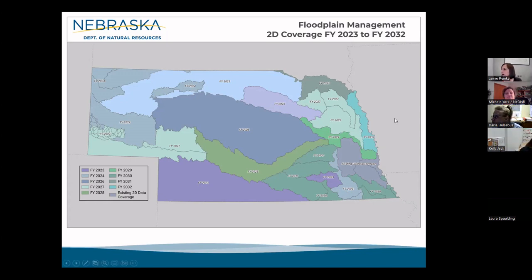And then you'll see that we're kind of sequencing through big watersheds. So we'll get the rest of 2D BLE. Anytime that you're seeing the big HUC 6 watershed, which is like this big guy, this one, those are our 2D BLE projects. And then any of the smaller HUC 8s, like these ones that I'm pointing out, this one is a bigger HUC 8, but those are all our data development projects. So in 25, we'll finish out the Niobraras. In 26, we move to the Loop, and then we'll go to the Elkhorns,